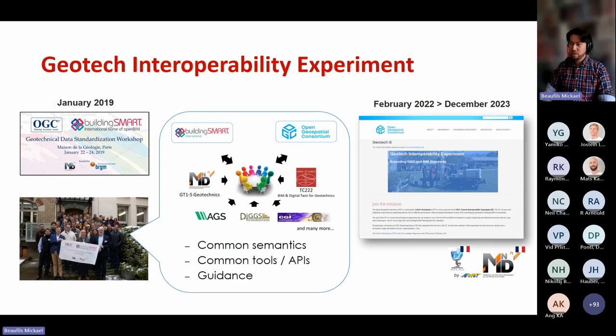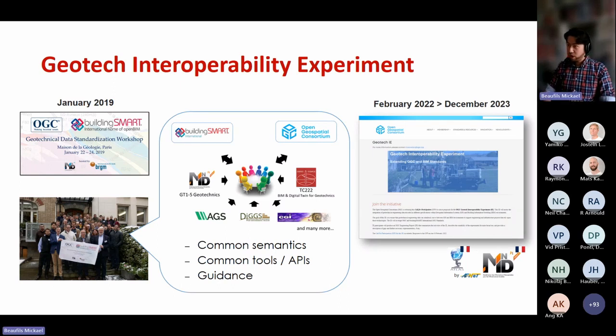The idea was that buildingSMART International wanted to address the topic of geotechnics and try to federate with existing standards and people already working on that topic. There were people from OGC, but also AGS represented. The idea from that workshop was to work together to define common semantics, common tools and APIs, and also provide some guidance for people who want to expose data.